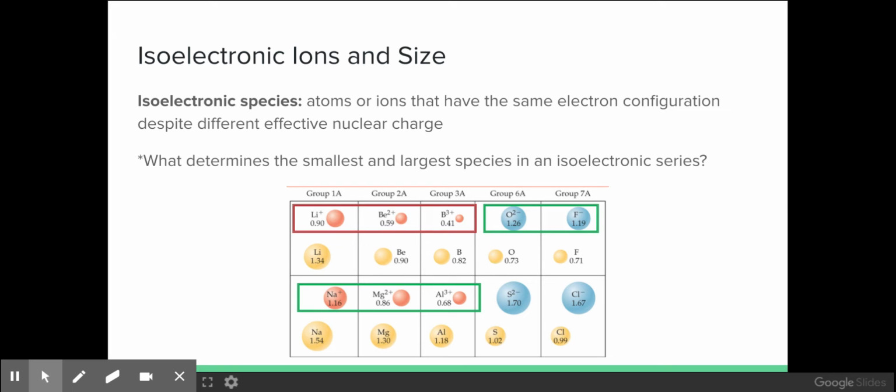We also have this term isoelectronic. Iso means same, like an isosceles triangle has the same sides. Atoms or ions that are isoelectronic have the same electron configuration despite different effective nuclear charge. For instance, lithium, beryllium, and boron all sit within the same period, but these three ions that I have highlighted in red are all isoelectronic, because if lithium loses 1 electron, it has an electron configuration like helium. If beryllium loses 2 electrons, it has an electron configuration like helium, and so does boron 3+. Oxygen 2-, fluorine 1-: both of these ions achieve a neon-like electron configuration by gaining electrons. They are isoelectronic. They have exactly the same electron